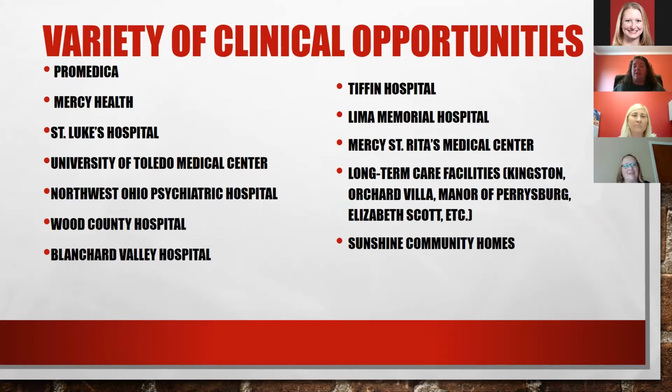Long-term care facilities are more focused for our PN students. They will spend 1 semester in the long-term care facilities and then move into the hospital setting. Our RN programs spend a majority of their time in the acute care setting, which is the local hospitals. One of the things that we have been seeing lately